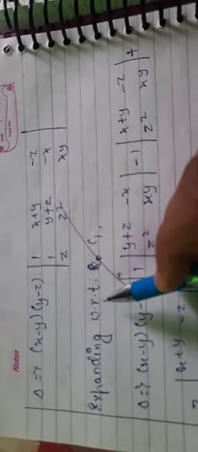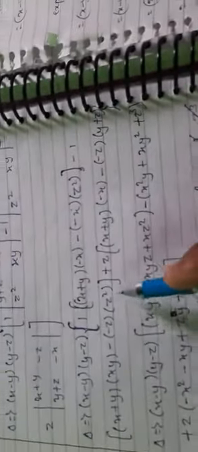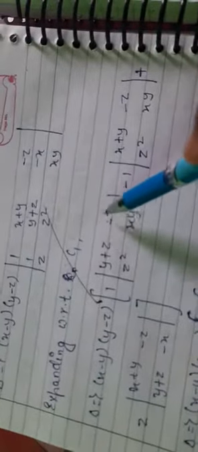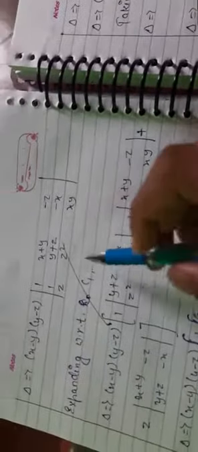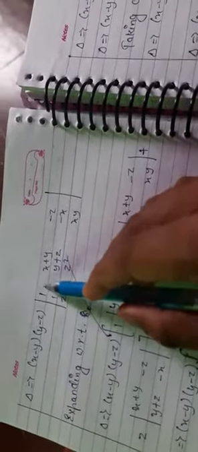If you are thinking to expand now, we have taken common, then what will happen? See this. After expanding, the answer is coming, but it is coming very lengthy if we expand here directly. Okay, so I am saying not to expand here directly. Do not try to expand. Firstly, always the rule I said, make zeros first. Like 1 is there, so we can make 0 first, then we can expand, then see what will happen.